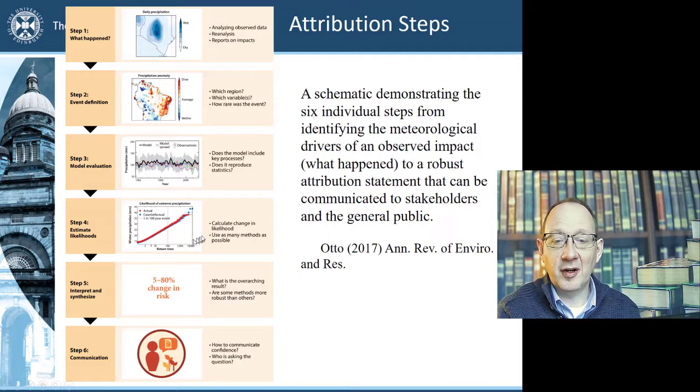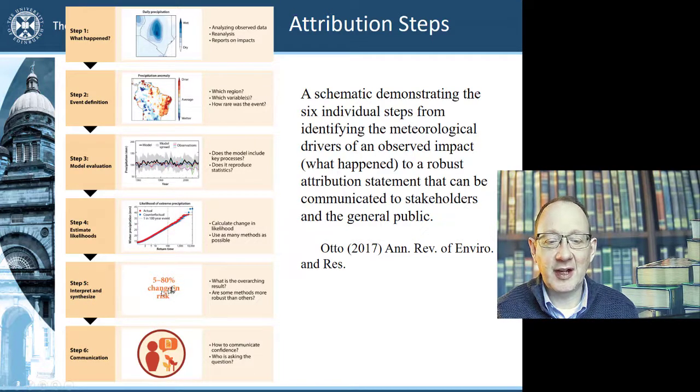This shows return times. We might do this by calculating the change in likelihood for different return times, and we want to use as many methods as possible in general. Again, for this workshop, we effectively get you to use one method, but if you then go on and do these studies independently, you'll be able to explore more methods. So step 5 is to